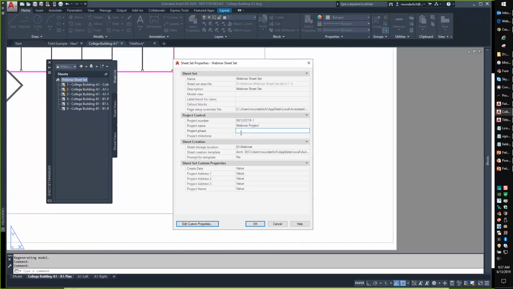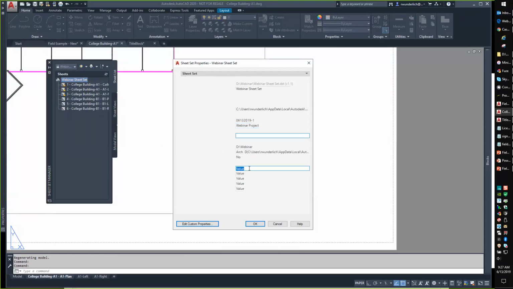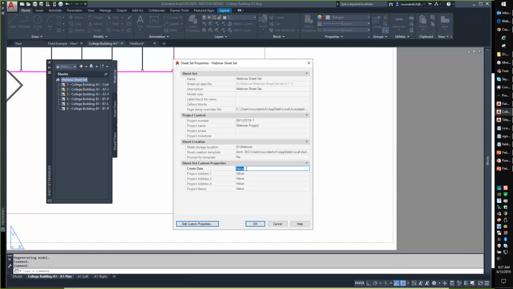right? Phase, milestone. Since I haven't populated those, I'm not going to include those here because I don't need to actually update them. But if I needed to, if I had references in my title block for those, then I would populate that information as well. So our create date is 06/13/19. Our project address, the famous 1234 Main Street,